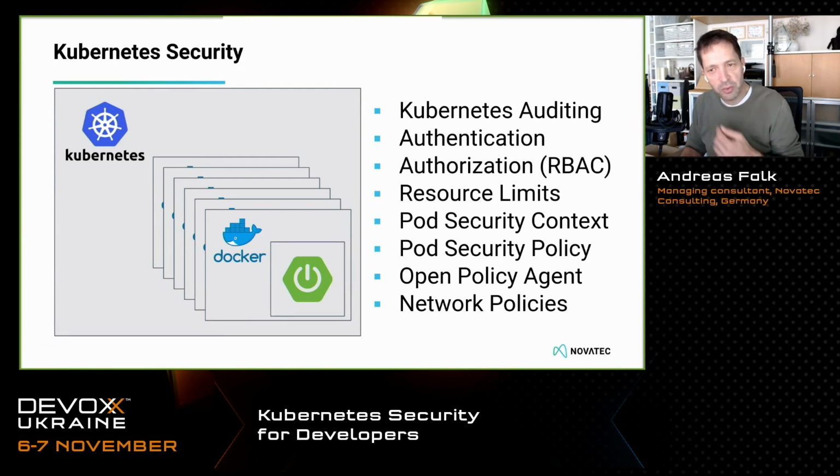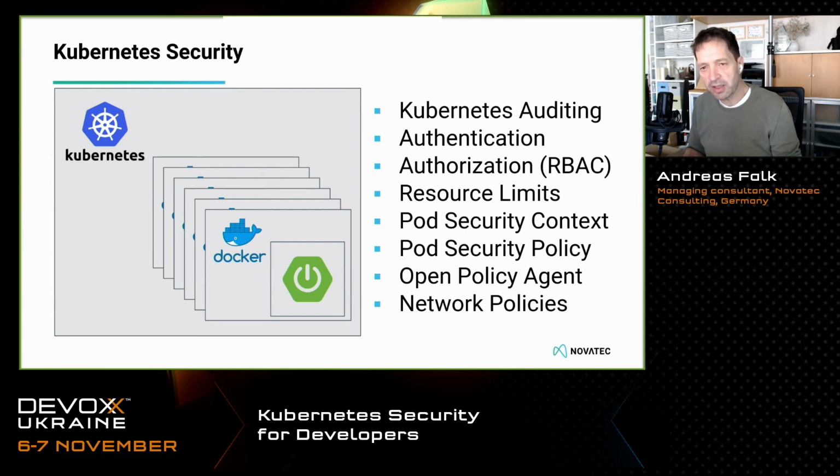What you can do as a developer in Kubernetes, the easiest part, is switching on Kubernetes auditing. That is usually only a checkbox when using a managed Kubernetes cluster. With auditing switched on, you get a log of all the actions happening on your cluster. So if anybody pushes a new pod, deletes a pod, changes a pod, all the actions are audited in detail. So you can recognize if other people that are not supposed to do anything on that Kubernetes cluster are active, by looking through your auditing log. That's a really important point, but very easy to solve.